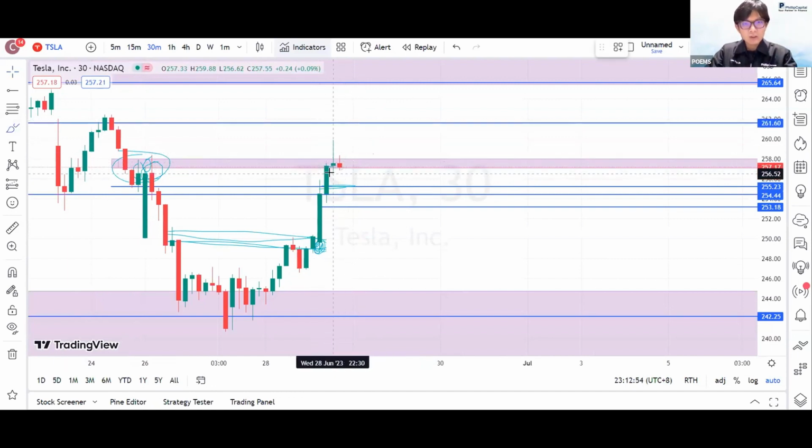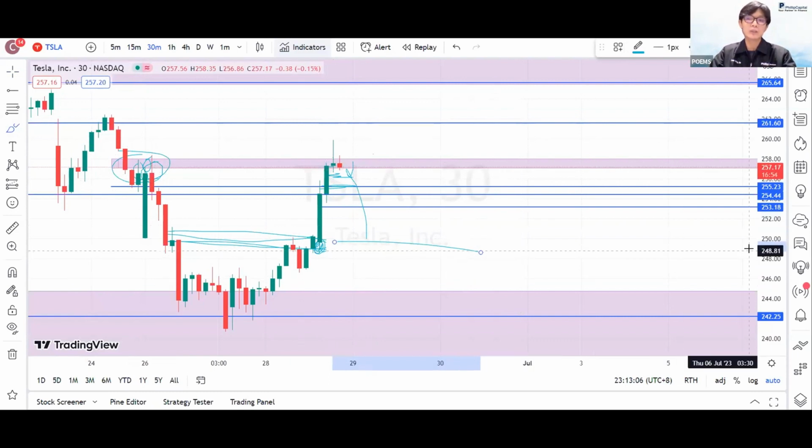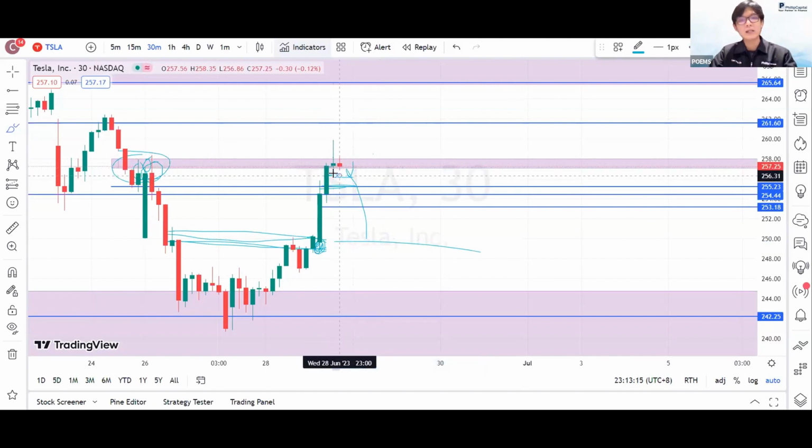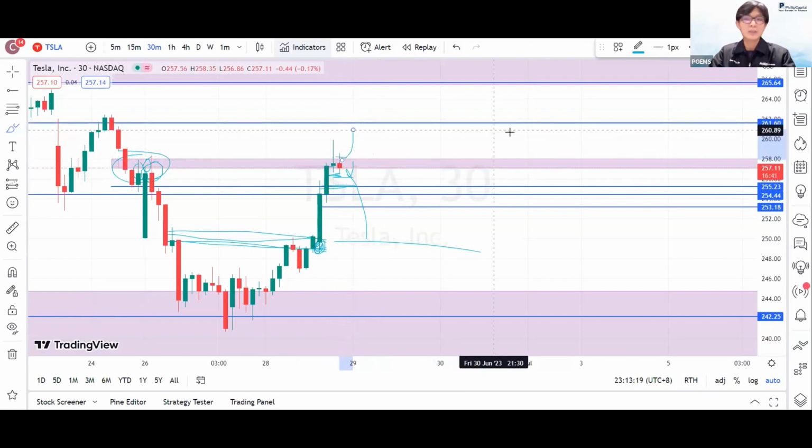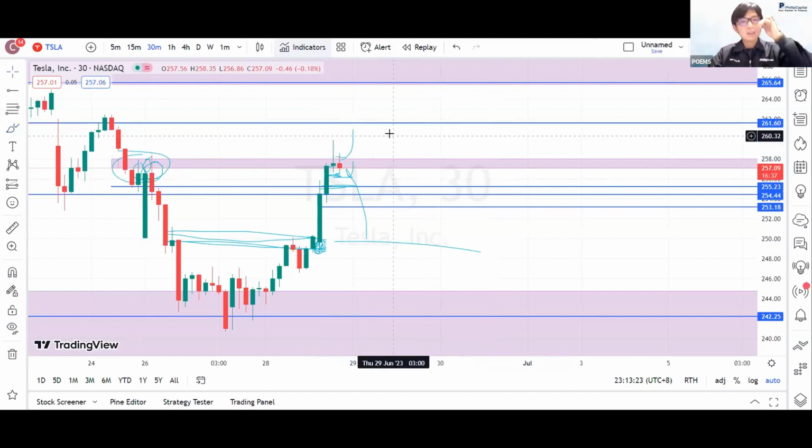If there's a lower low of this previous candle, what do you call this, a shooting star candle, and the subsequent candle makes a lower low, you probably see a rejection and price starts to come down again, towards 240, 250 basically. Otherwise, if this candle continues to push below to a lower low, and in the same candle it can push back up and close bullish, the next candle is basically a free for all to 261 already. So for now, same thing, still waiting.